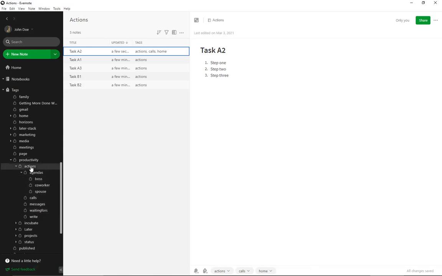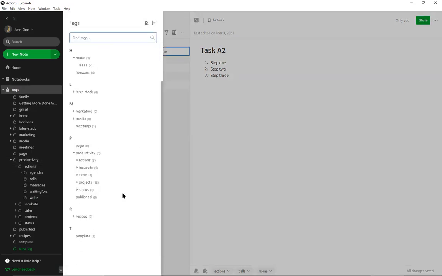So here you can see under actions, we have the agendas, as I talked about earlier. We have calls, messages, waiting fors, and even a writing tag. So when I want to write something, I can go ahead and do that. Now, if we go in here, we can start to create some of these other tags that we were